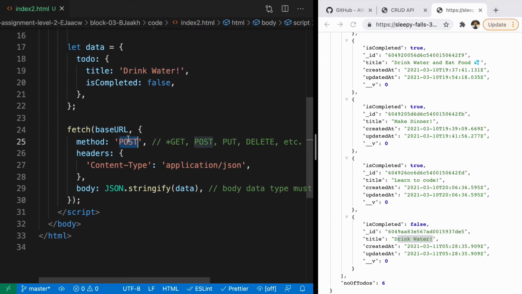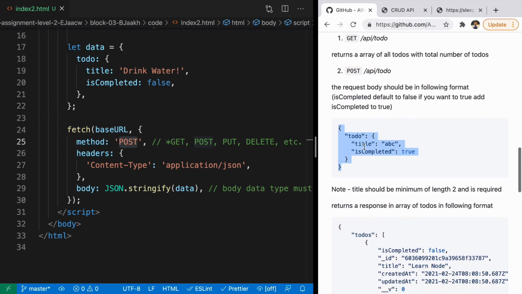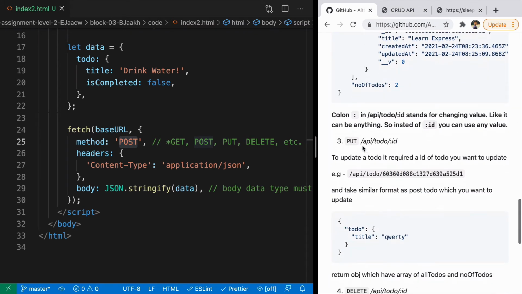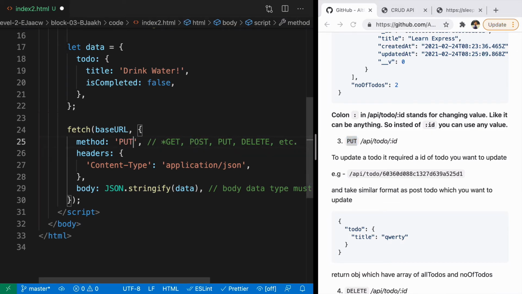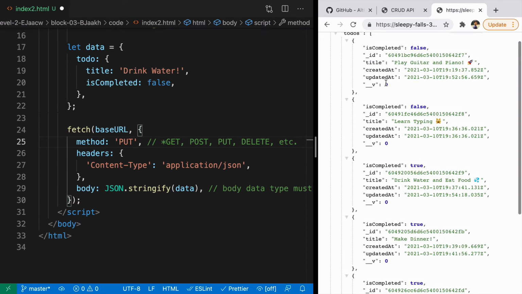So this kind of request is a post request, and a post request is used for adding new information to the API. Going forward, we can also do a put request. So for a put request, all you need to do is change the method type, that is put. But here if you look at the information, you'll see you also need to make the put request on a specific URL. So it is /API/to-do and the ID of any specific to-do. Why? Because whenever you are updating a to-do list, you are just updating a specific to-do.